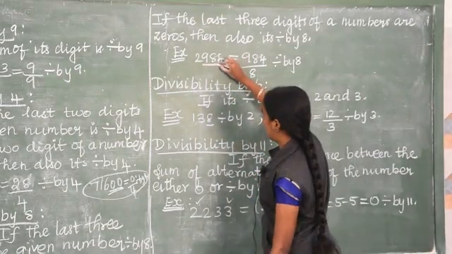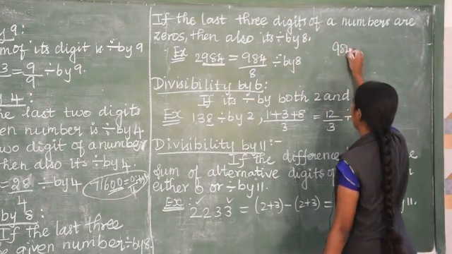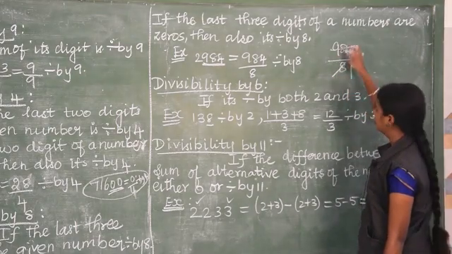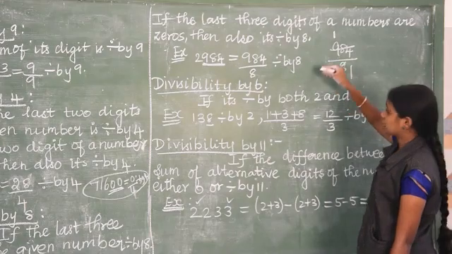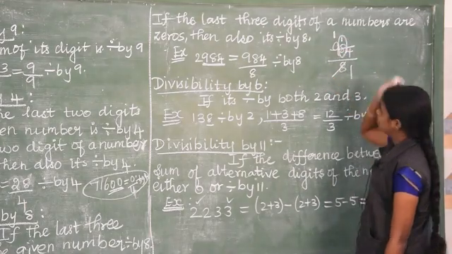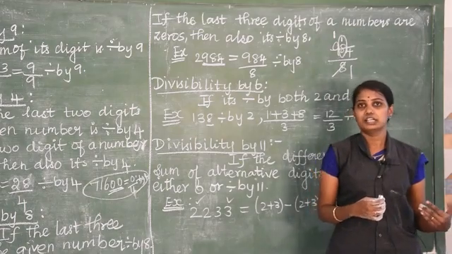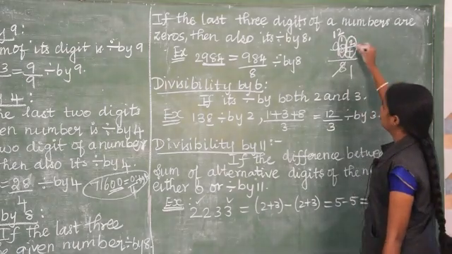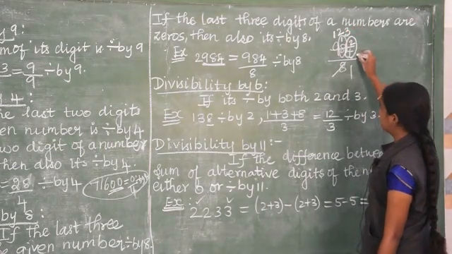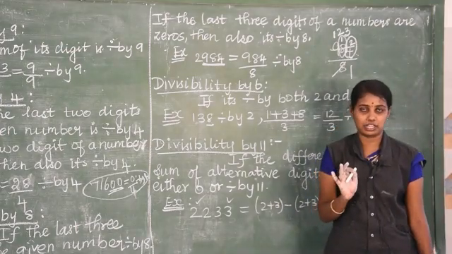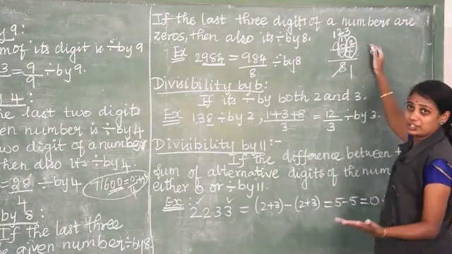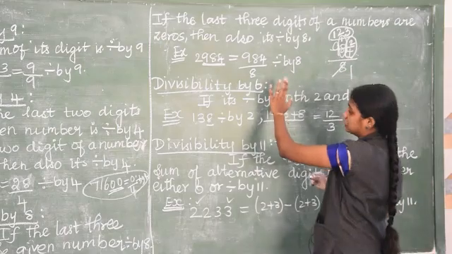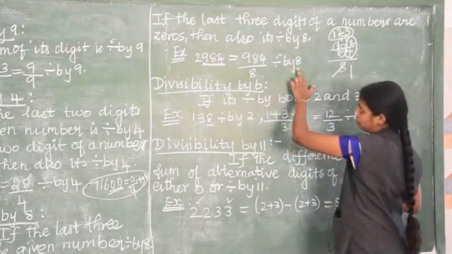Here the 3 digits are 984. 984 divided by 8. In the 8 table, 8 ones are 8. Here 9 is there. 8 ones are 8. Remainder 1, carry over to the next digit, 18. 18, how many times will it come? 2 times 16. So remainder 2, 24. 24 will come in the 8 table 3 times. In the last digit you should not have any remainder. See here, after 24 I don't have a remainder. So it will come 123 times. It is divided by the 8 table, so the given number is divisible by 8.